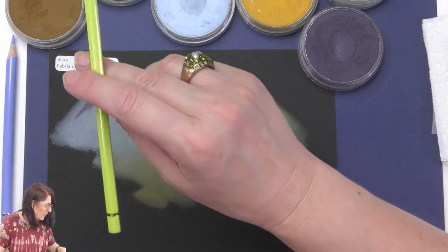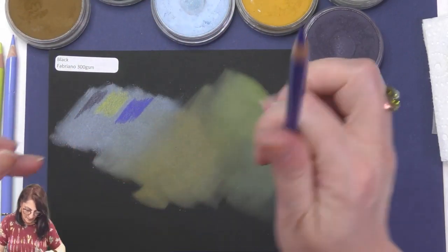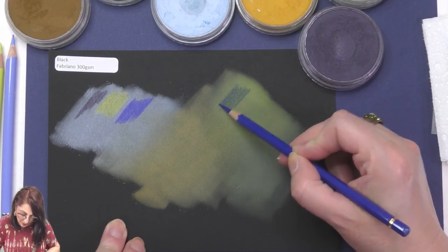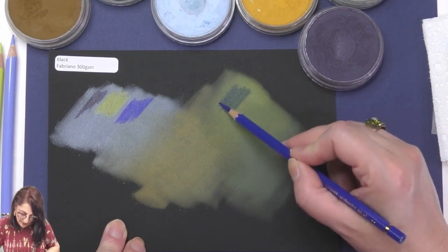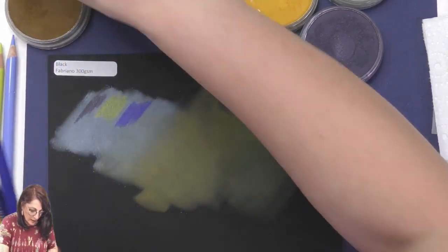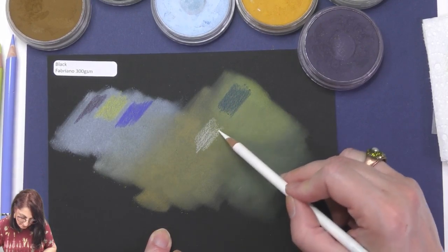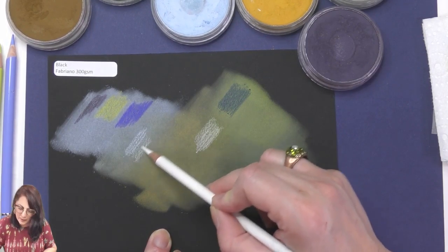The Pablos. The Pablo, I want a darker color with the Pablo. Let's go on the green, the Pablo. It's a bit like the Polychromos. It's behaving better than the Polychromos, but it's in that family. Okay, let me go white. White Prismacolor, nice. Pretty good, eh? That's pretty good. I'm just wondering if you...